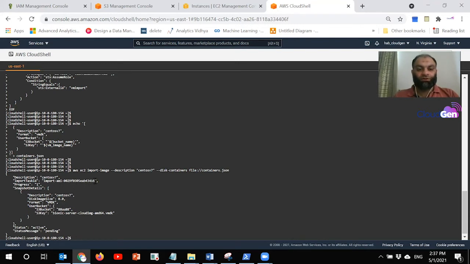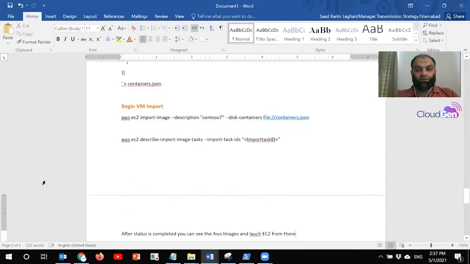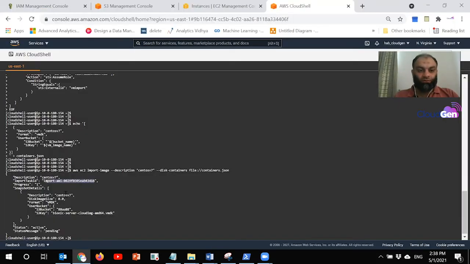To see the status of this image, we have another command, which is aws ec2 describe-import-image-tasks. You need to specify the import task ID over here, so I will copy this import task ID from here.